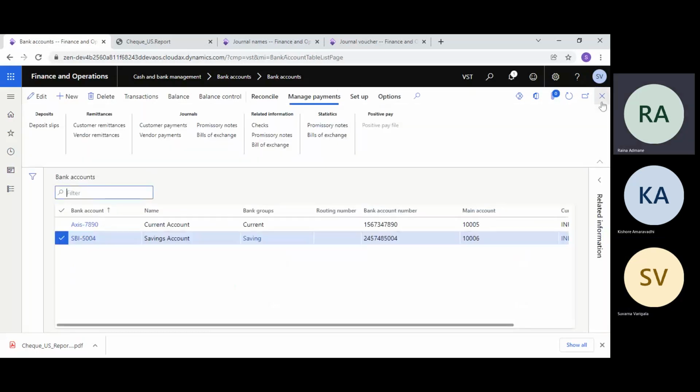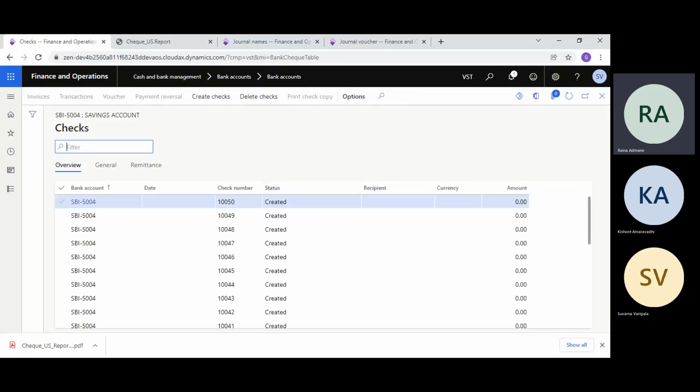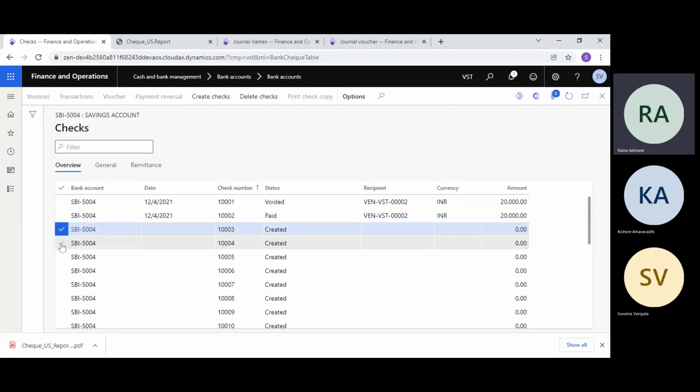Now, if you find your checkbook is bad, or our bank has given a new checkbook and they said your previous checkbook will not be useful, so whatever leaves you have in the previous checkbook are no more useful. You can delete all these leaves which are in the created status.